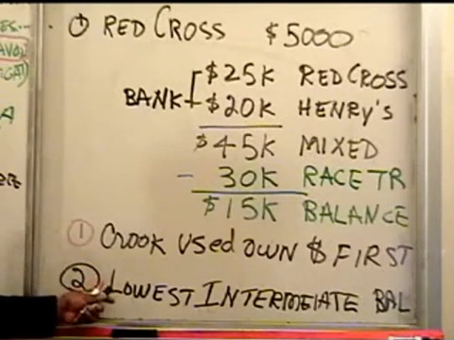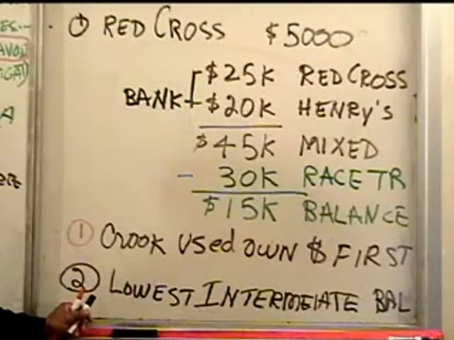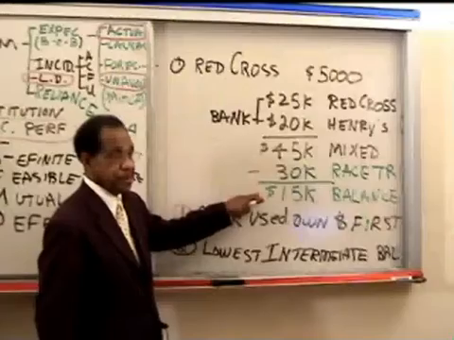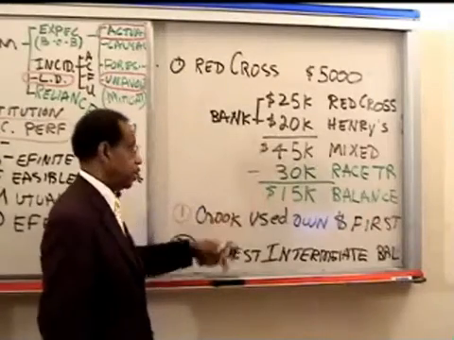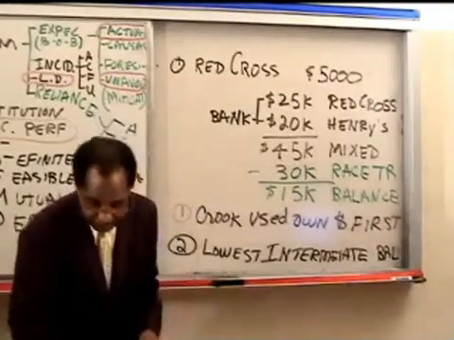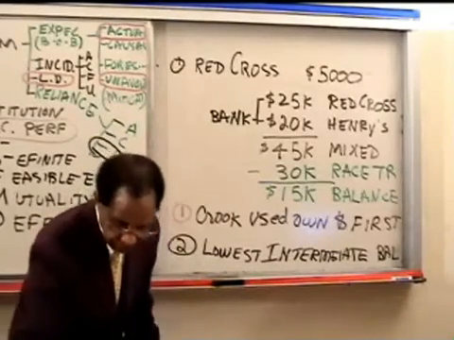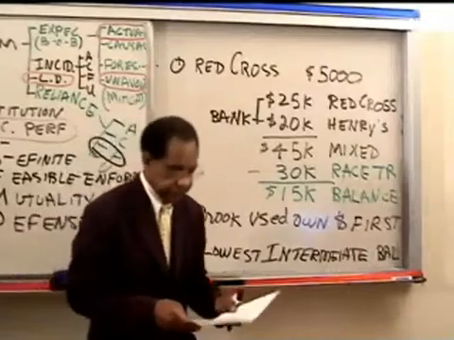The lowest intermediate balance method says, look at the lowest intermediate balance and decide, is all of Insco's money still there or not? And the answer here is no. 10,000 of it's missing. It's really the same doctrine. Okay, to finish the problem then, the facts tell us that Henry